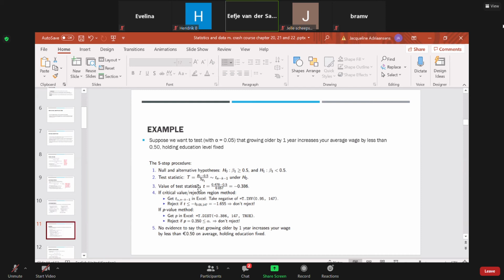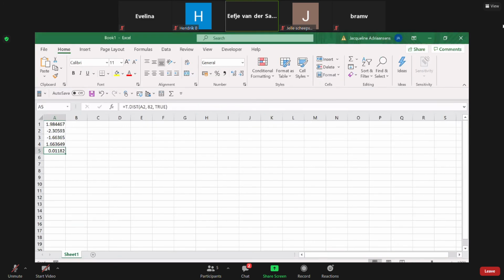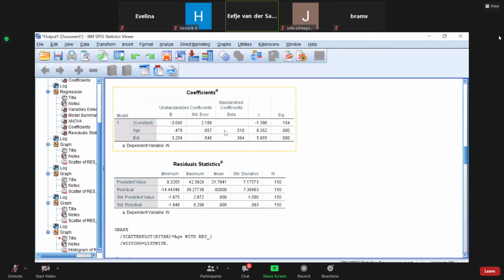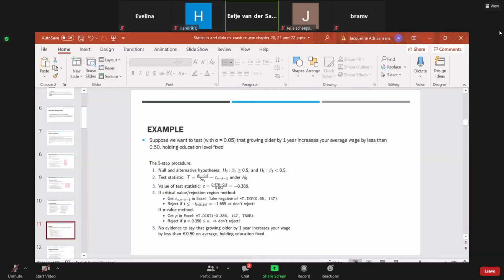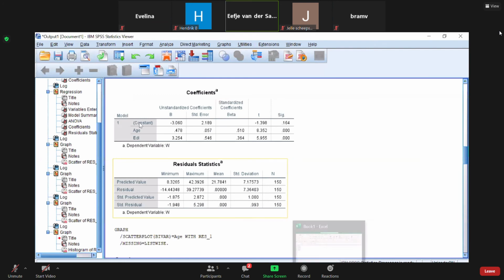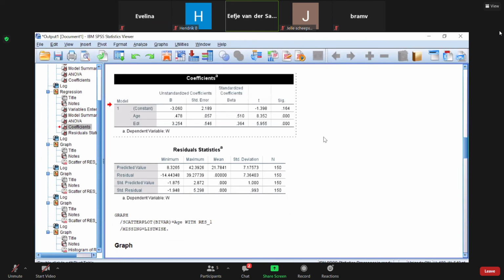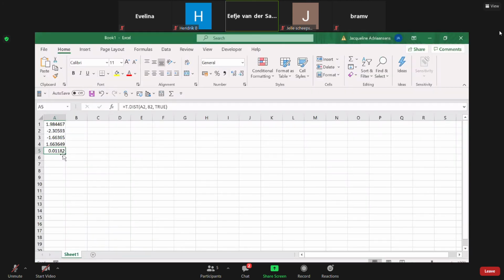You go and calculate the value of your test statistic. How do you do this? We do this in Excel. So you go to your output. We already had that. And we wanted to test the age. Growing older by 1 year. Yeah, we want to test age. So you're going to copy this number, Ctrl C, go to Excel, put an X, put it between brackets, and a minus 0.5, because that was our hinge. And you divide it by